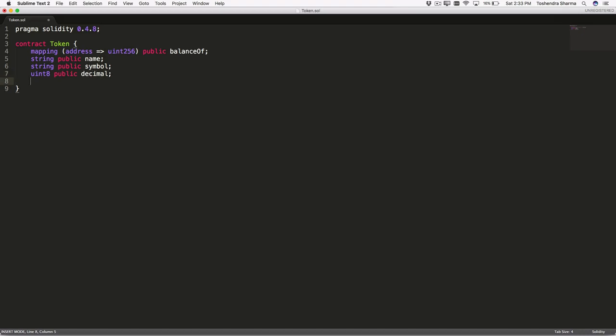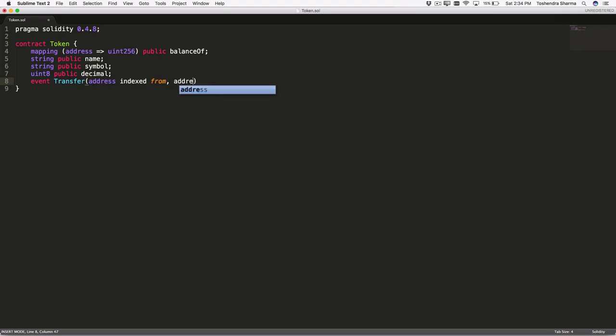And next we need to define an event which will announce the transfer. So let's call it Transfer, and this will have an address as a variable which will be an indexed variable, and the name of the variable will be from.